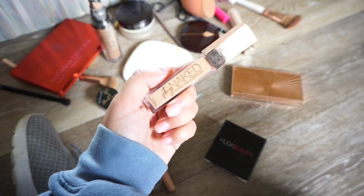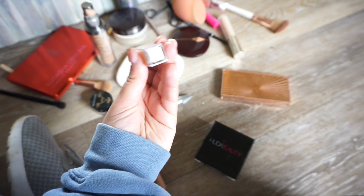It is the Stay Naked Concealer Correcting. And this is in the shade 40 and...